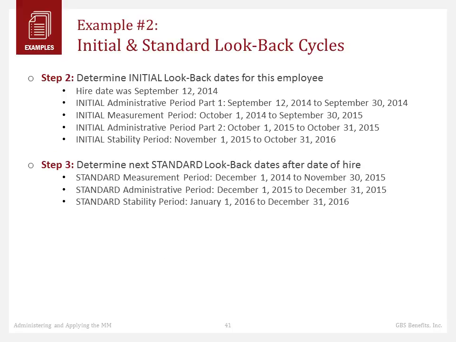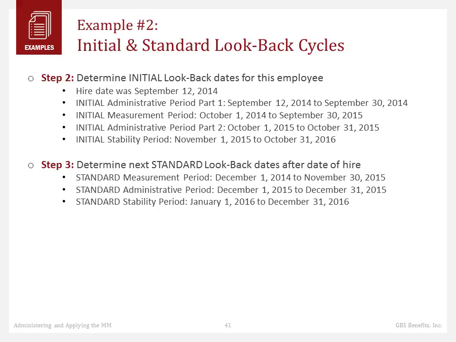So we have our gathered information. Now we need to go through in step 2 the initial look back dates for this particular employee. The hire date was September 12th, 2014. So this employee's initial administrative period, part 1, remember because they have a split, is September 1st through September 30th